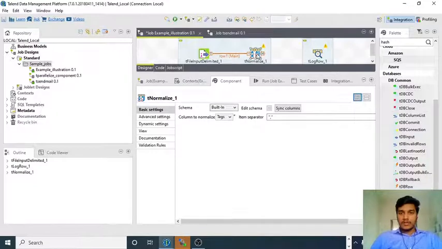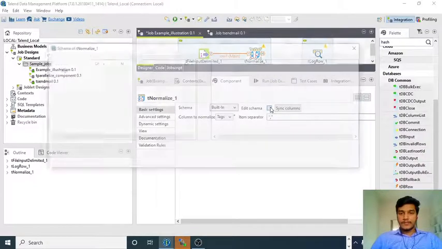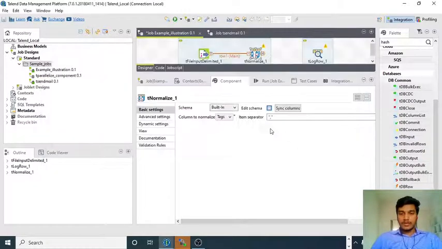So the normalized component, how it will look is, the schema is automatically copied. Here you need to specify what is the column you want to normalize. Suppose you have multiple columns. Here, just for our illustration in the basic way, I just mentioned one column, but in most cases we might have multiple columns, and one column might be unnecessarily in a different order.